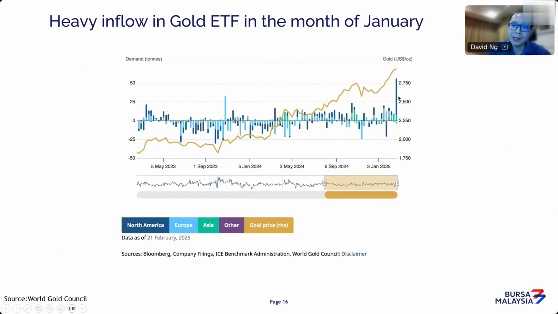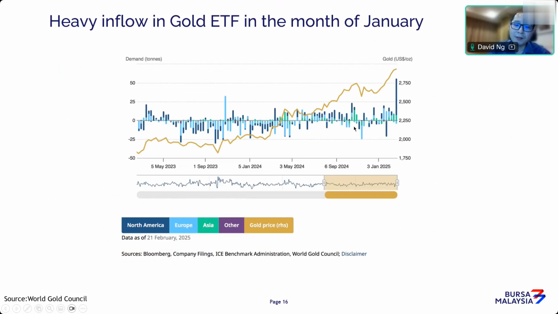Now, if you look at ETFs, which is basically indicated by investments, this figure just came out in January. You can see that in the month of January itself, the ETF inflows in gold are actually at record level. It does tell you that even when the gold price is reaching an all-time high, you still see ETF flows coming in, which is a good sign. That means this rally that you see in gold prices still has support, still has legs in it.